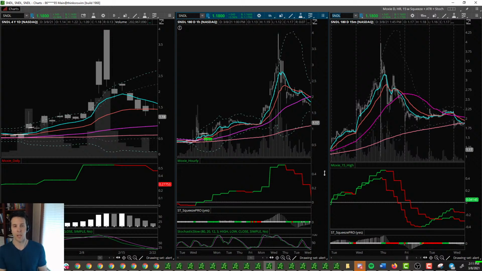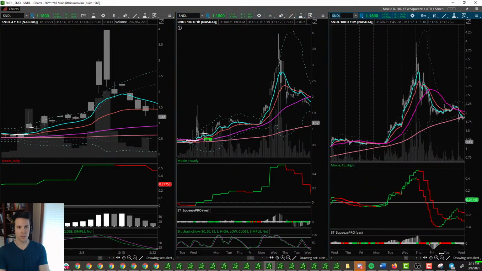And SNDL, cannabis, the EV names, all this kind of stuff were names that were starting to fall apart before the market really started to fall apart. So one of the benefits was, okay, we were in this name from back here. There's the Moxie price trigger. We'd been following this name for a while. There was big volume that came in. It just bounced off support on the daily chart. I mean, everything lined up. So that's why we took this trade.